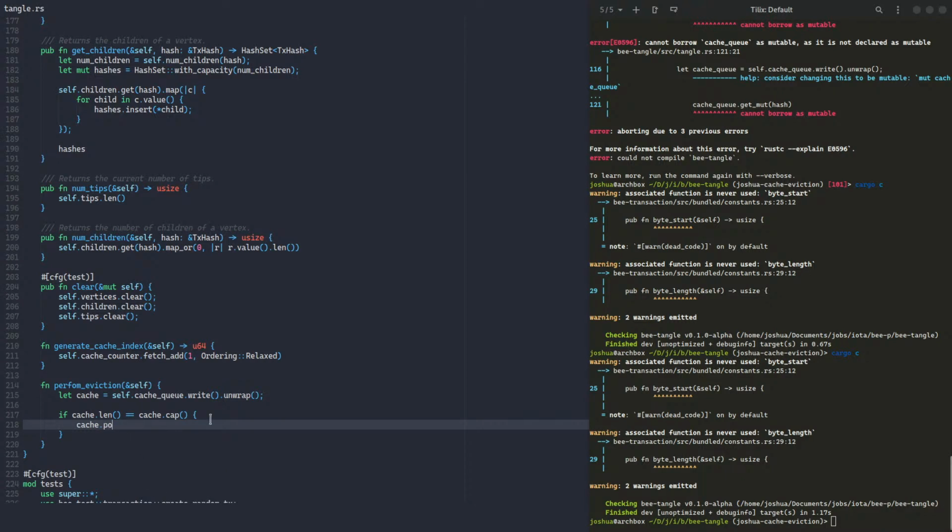So we're going to pop the least recently used entry from the cache queue,